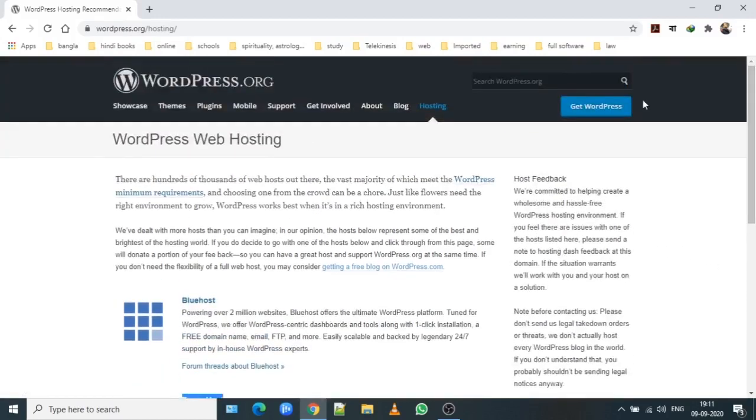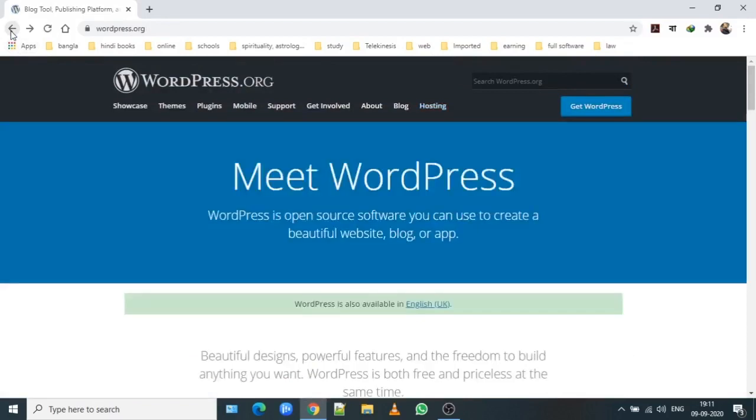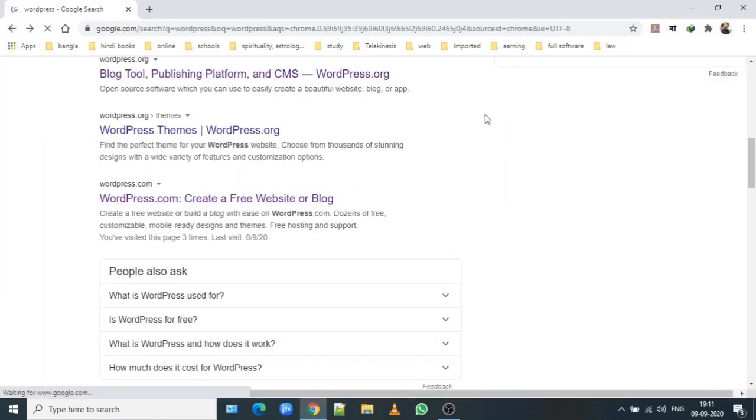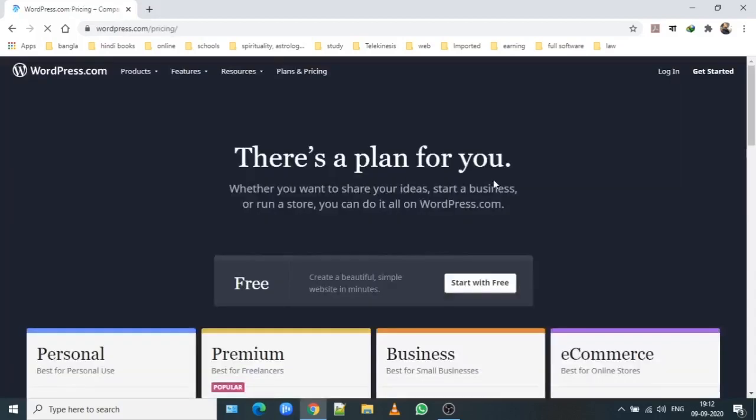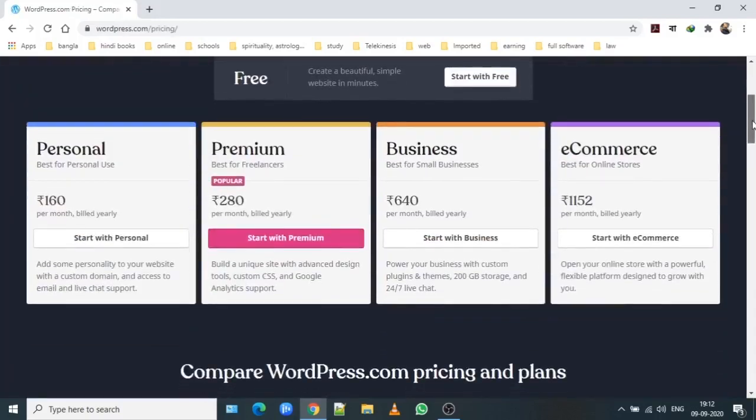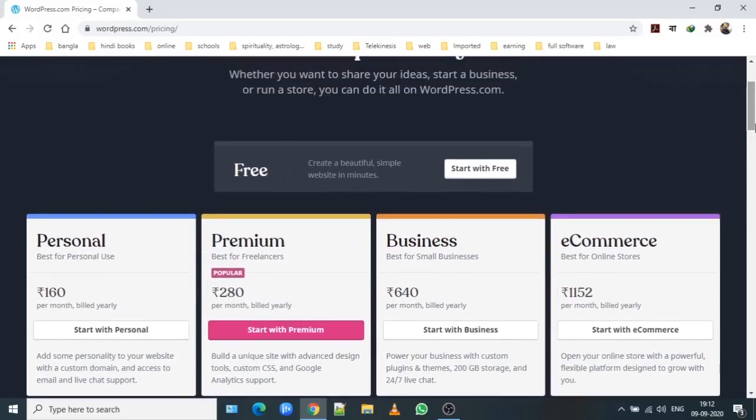Now, these prices and plans you can check on wordpress.com. Click over here. If you go for plans and pricing, they are offering four types of plans: personal, premium, business, and e-commerce. You can check each of them one by one. If you are comfortable, then you can opt for any of the plans. But as of now, because we are creating a free blog, we will choose the free service. So let me click over here,